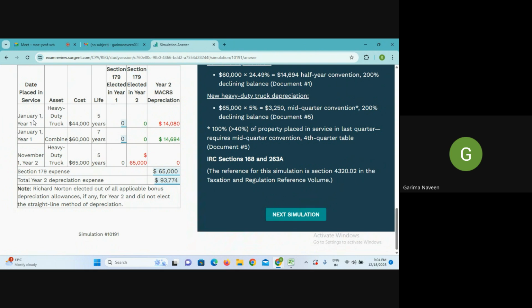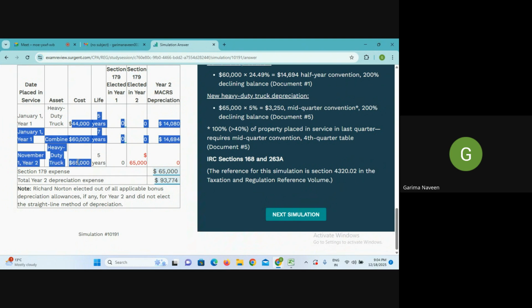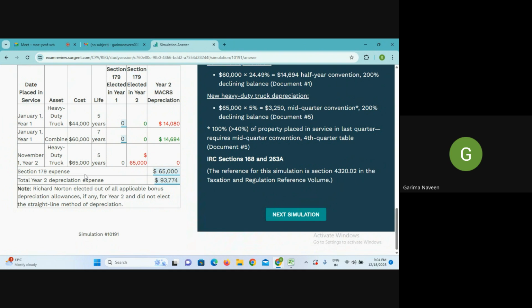जैसे अगर सपोज करो ये तीनों के तीनों asset आप ईयर 2 में प्लेस करते, तो आप क्या करते, इन तीनों का कैलकुलेशन करके चेक करते क्या ये 65 टोटल का 40% है या नहीं है। जैसे आपने मान लो दो असेट लगा लो आपने, दोनों इक्वल अमाउंट के हैं और वो आप ईयर 2 में सर्विस में डाल रहे हो। वन आपने जुलाई में डाल दिया, वन आप नवंबर में सर्विस में डाल रहे हो, ठीक है। तो आपको क्या लगता है कि लास्ट क्वार्टर में 50% आपने डाला।